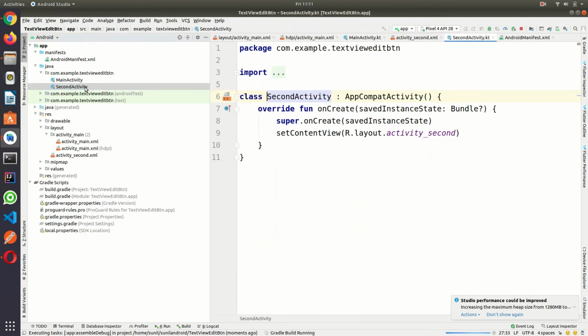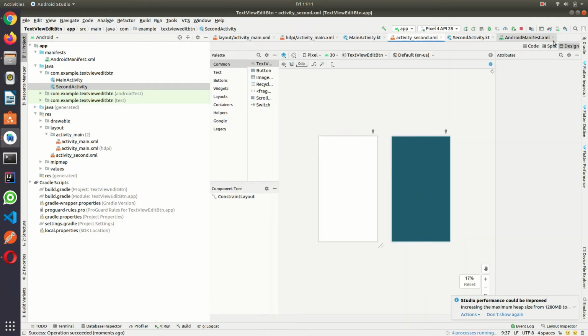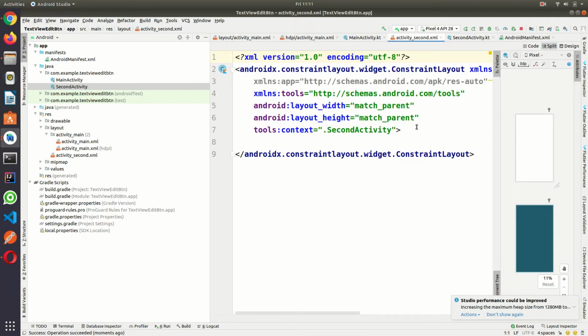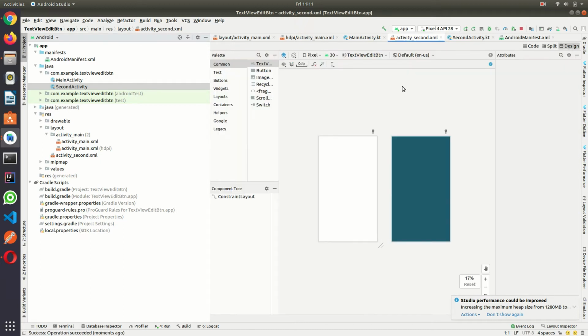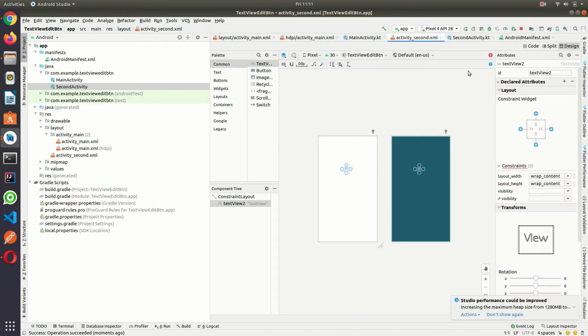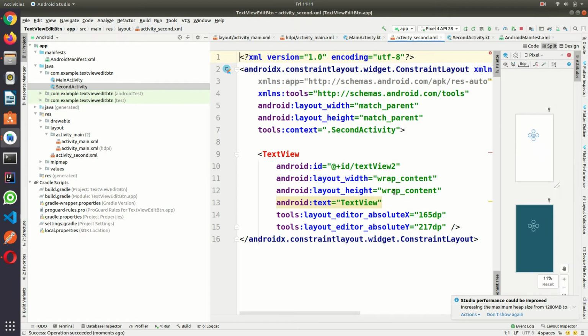In the second activity, we can see in the XML file that there is nothing. So what I can do is create one text view here, so it will be easy to tell that this is the second activity.